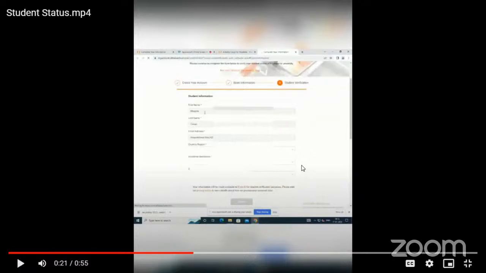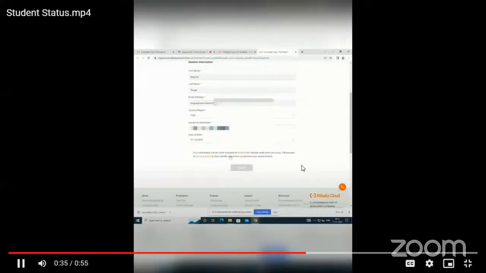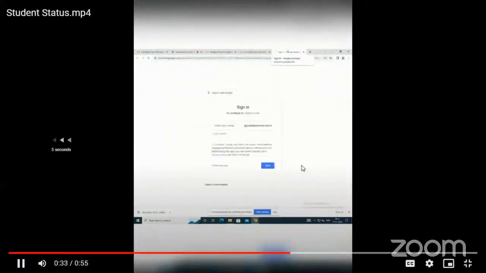That's why you have to create your account using your college ID. Then you have to select your country, select your university, select your date of birth, and then submit. Once you submit, I'll just show you.